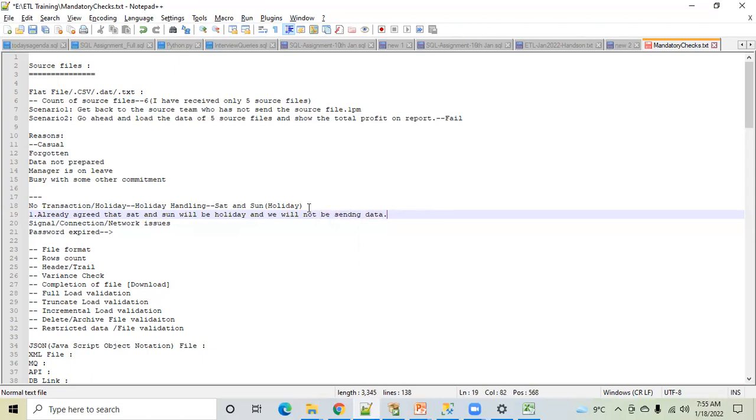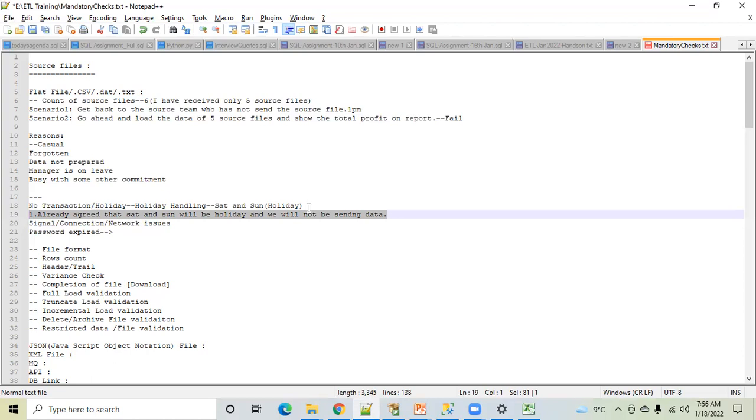If this has been already agreed, then will you drop a mail or not? No, of course not, because it's agreed. Perfect. It has already been agreed that I will not send you data.